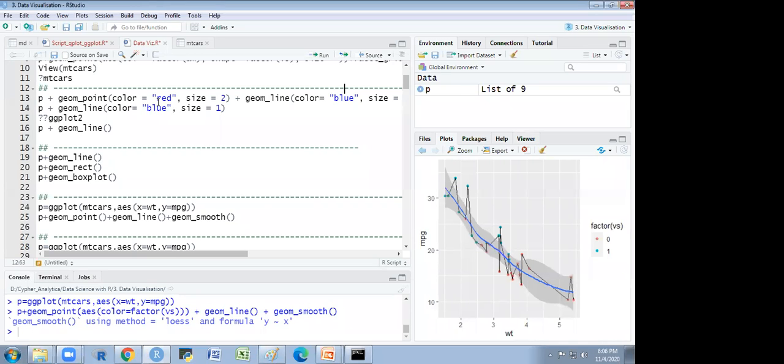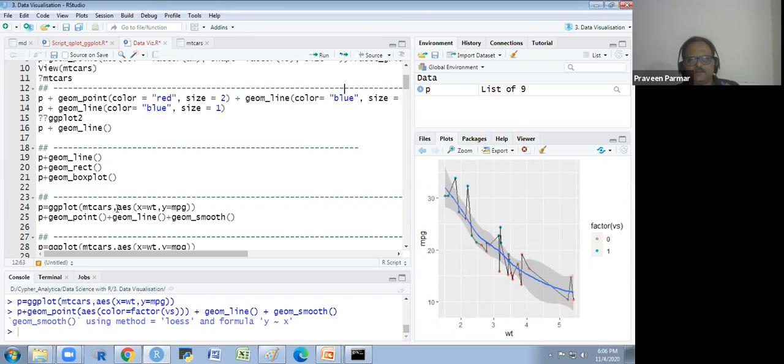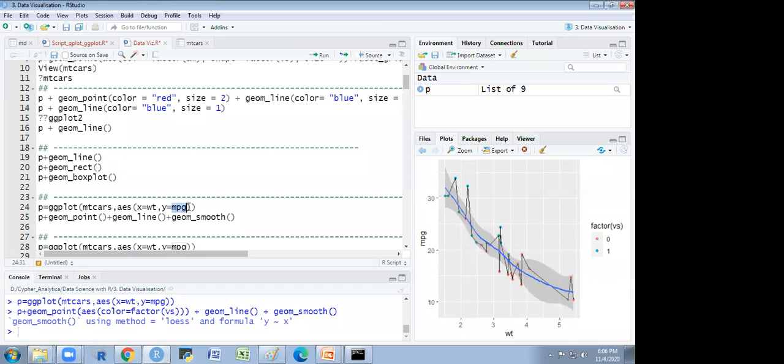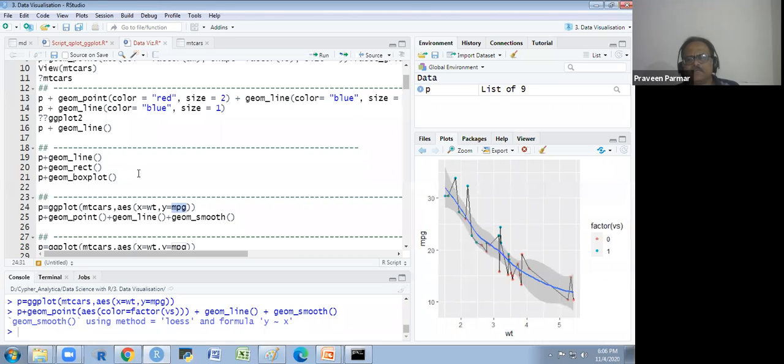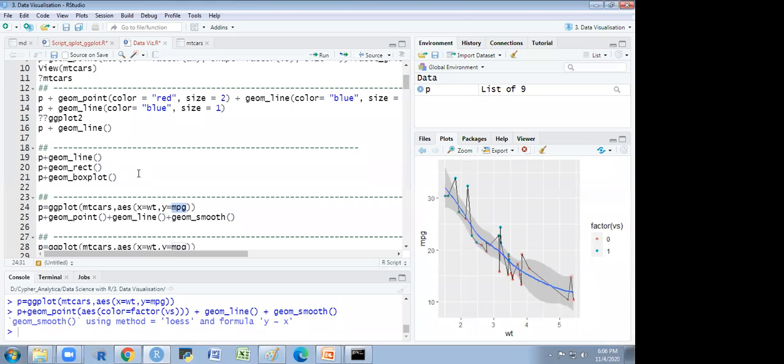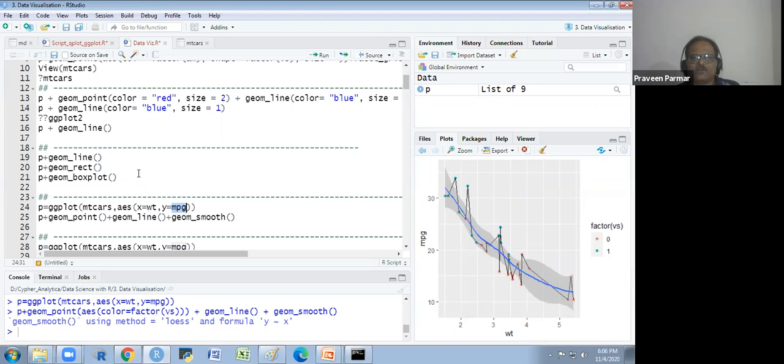Sir, why have we given aesthetic on code line 24? Can we remove it? Is it going to affect anything? So it is the data: weight and mileage are the data. Whenever the thing is related to data, you are fetching something from the data, then it is an aesthetic. When the graph fetches some information from your data set, they are aesthetics.